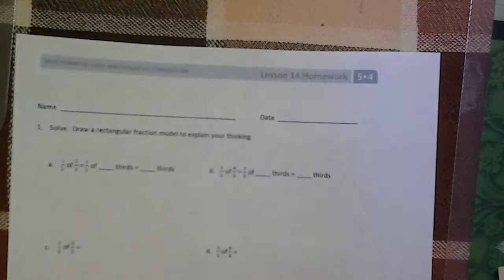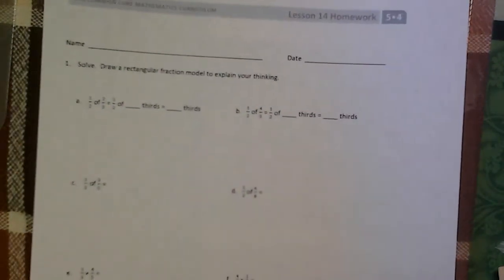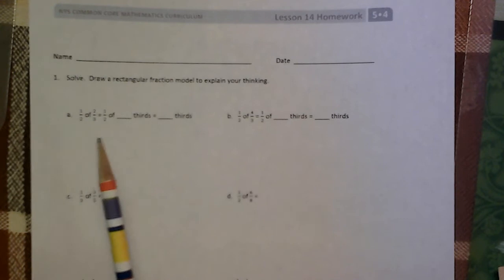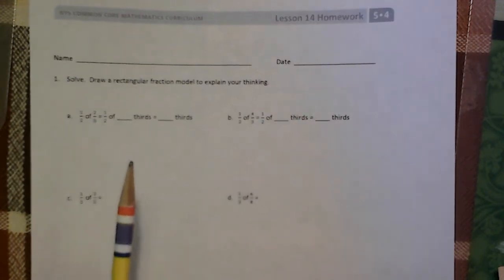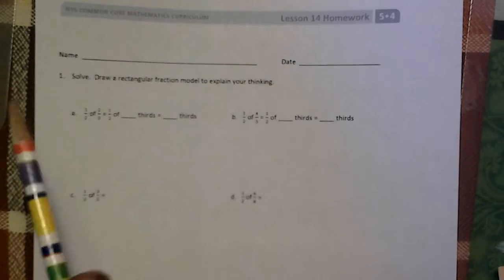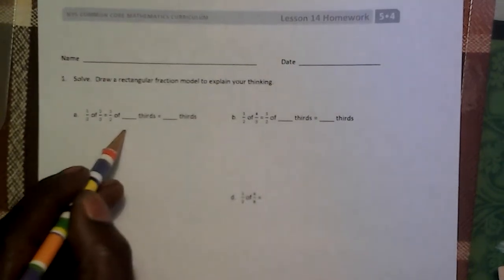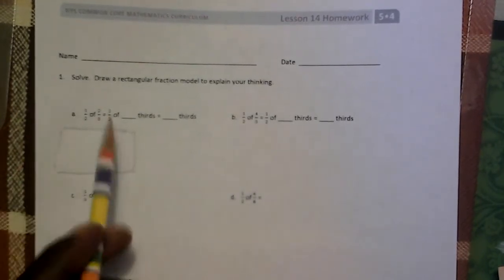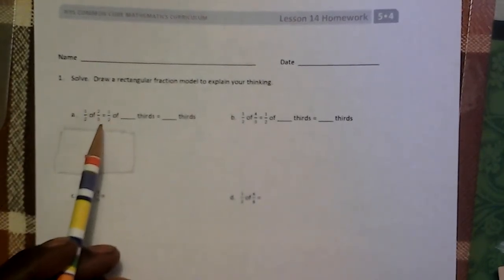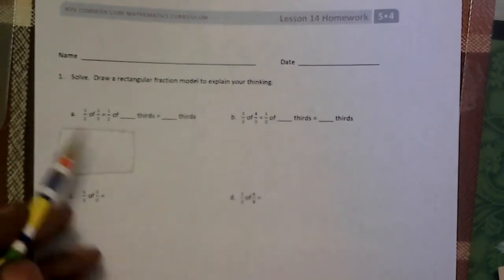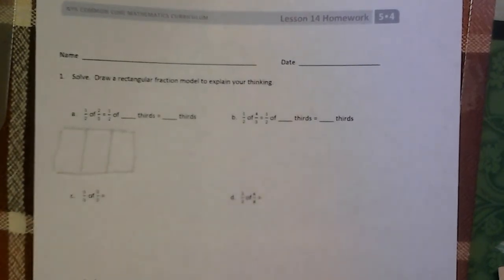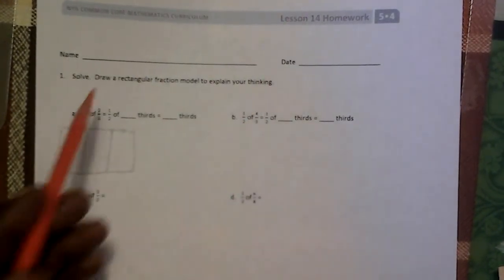Homework 14, okay? So now, the first question is 1/2 of 2/3, okay? So what do we need to do? We need to draw a rectangle. And what do we need to split it into? Into 3 pieces, so that's thirds, right? So you got 1, 2, 3. So this is where the colored pencil comes in handy. So we color in